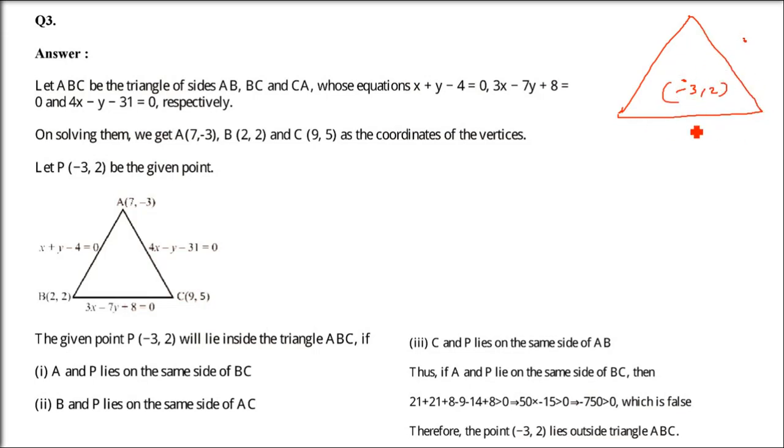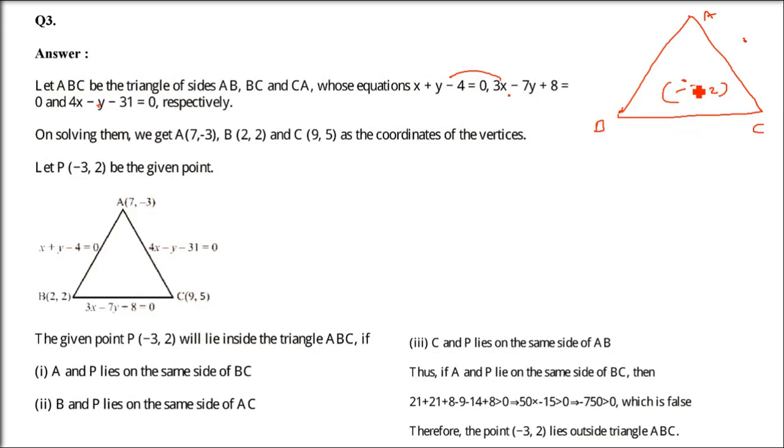So what we'll do, let us take one of the lines. We say this A, B, C, let us mark it. And for this BC we'll put this vertex A (7, -3) and we'll put this (-3, 2). We'll multiply them. And I'm taking intersections of these three pairs of lines so that I can get the vertices. And then when we get the vertices, I'll take one line, one side, and try to put (-3, 2), and also the point which is on the same side of or one side of BC.